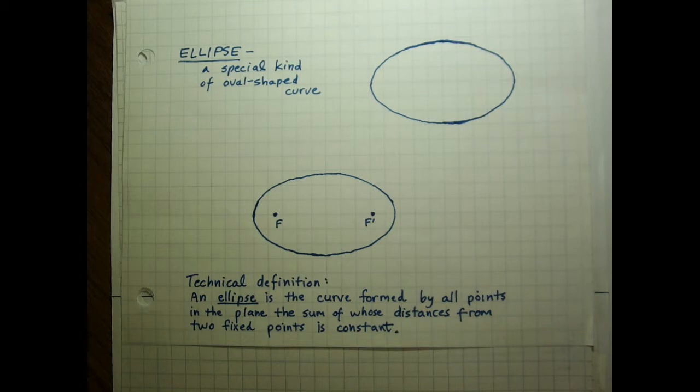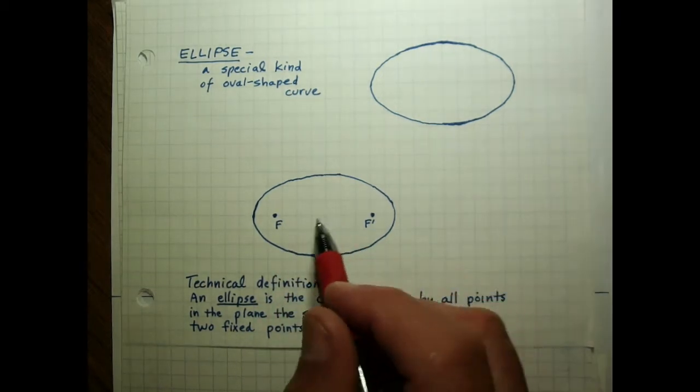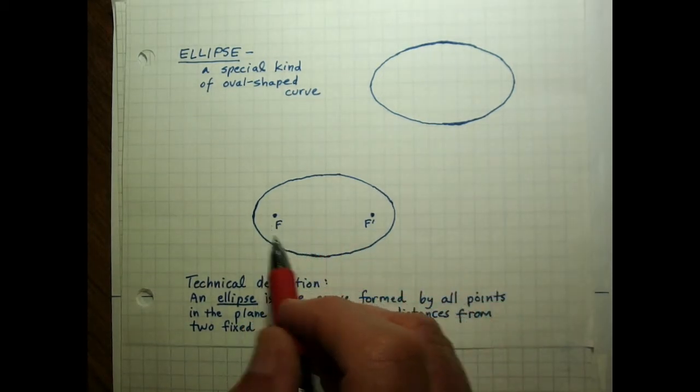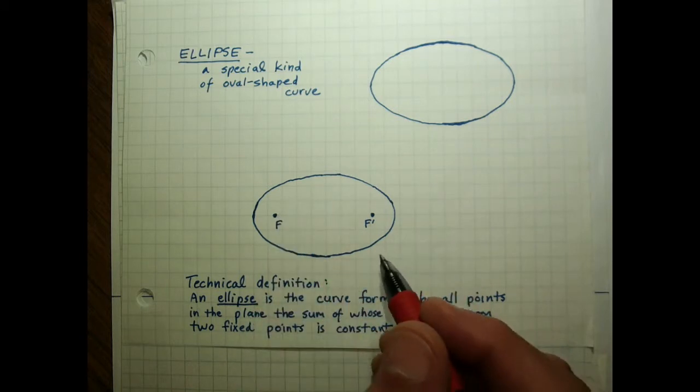We're not actually going to do any problems in this video, so if you'd like to skip it, it's fine. But if you want to understand where the equation of the ellipse comes from, that's really what this video is all about. So let's get back to that idea of how you saw an ellipse drawn using a piece of